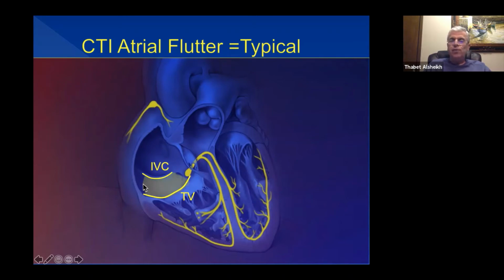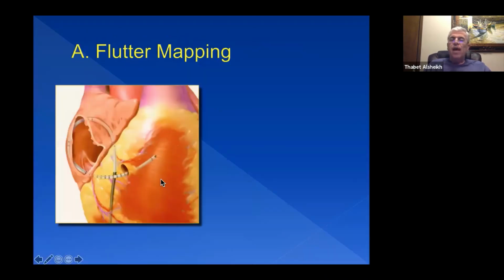In this isthmus, the circuit goes around in a counterclockwise or clockwise fashion. Either one, it's cavo-tricuspid isthmus dependent flutter and typical flutter. We just call it clockwise or counterclockwise. How do we decide if it's clockwise or counterclockwise? Once again, you put catheters inside the heart, a duodeck catheter, the proximal poles in the right atrium, the distal